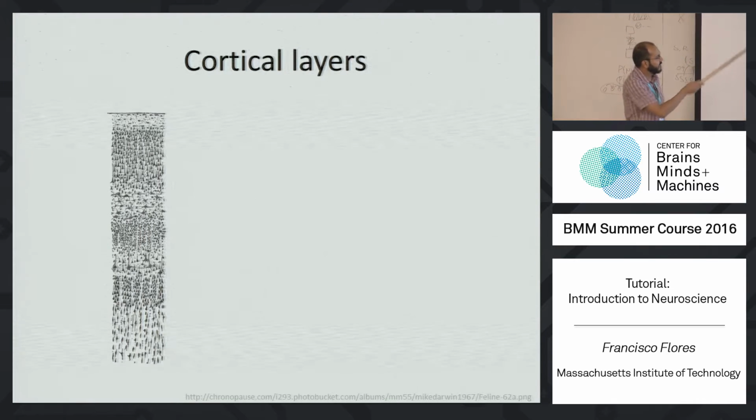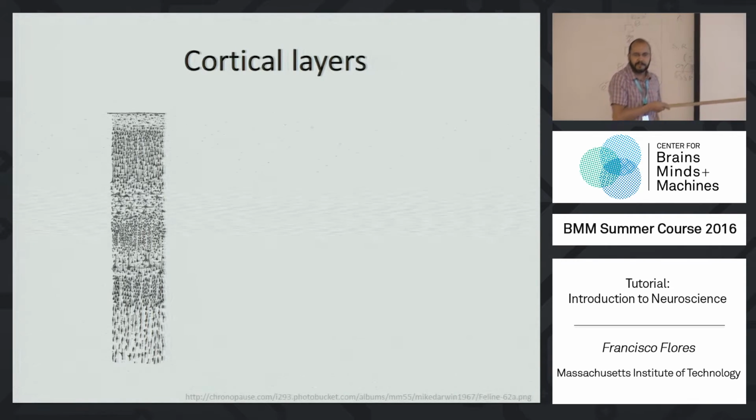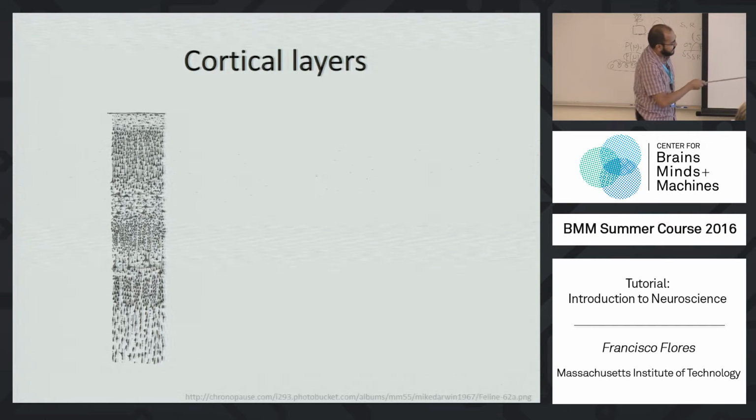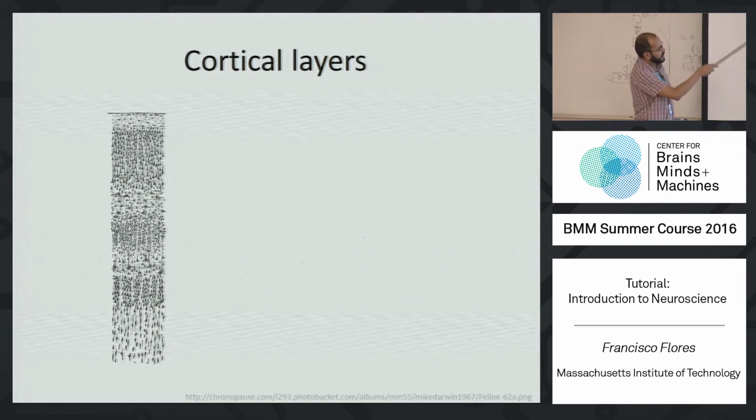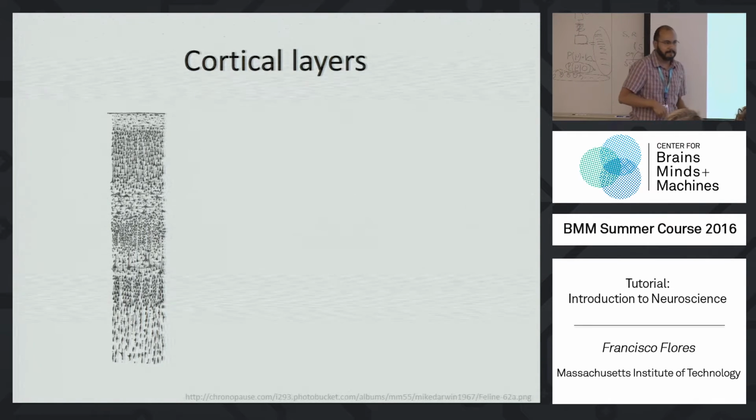So this is, for example, a staining of a section of the cortex of a human. I think this is visual cortex. You can see the neuron bodies here, which are typically arranged in layers. So these are all chains of neurons that are connected between them, sending connections towards other neurons in upper layers. Sometimes these guys are also sending connections towards the neurons in lower layers. They are receiving connections from other areas of the brain, and they are sending connections to other areas of the brain.